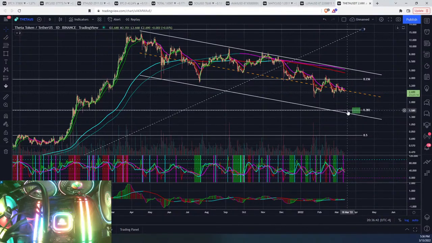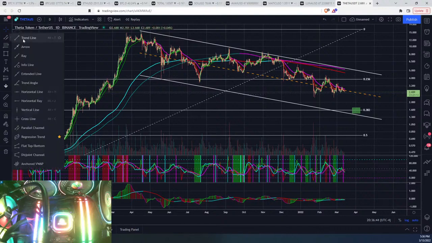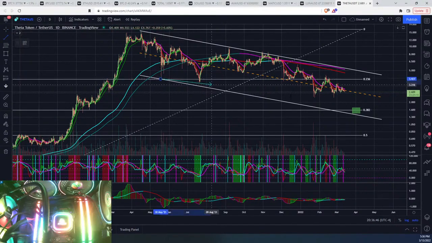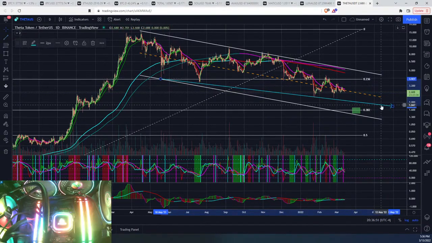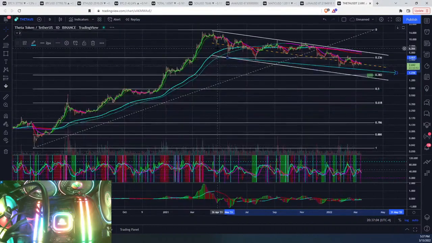But again, there is an argument to be made that we're actually not in a channel, that you could actually have something closer to this, like sort of a little bit of a wedge, which would be slightly more bullish maybe. Probably about the same, honestly, but maybe has a lower target for the next move down. But again, I would trust the horizontal supports and the Fibonacci levels much more so, especially when we see how clear interactions we have had with the Fibonacci's on the entire way up. And then again, on the way down, it's very clear that this